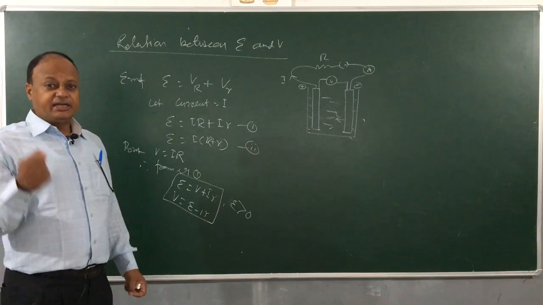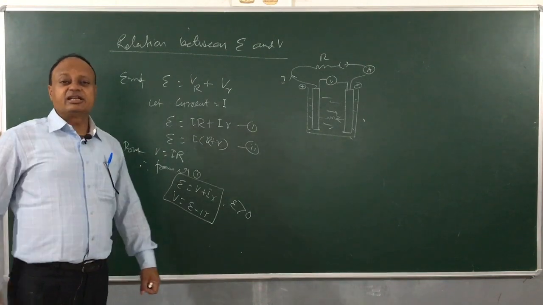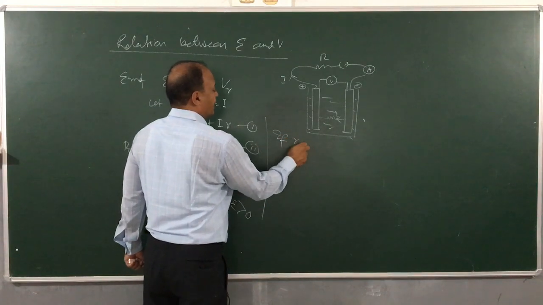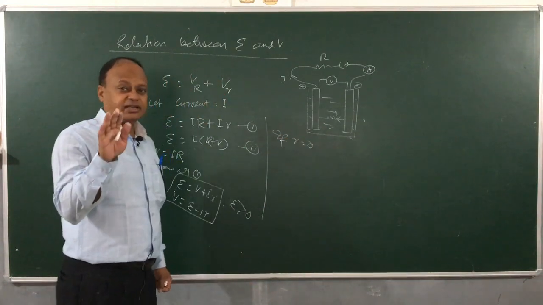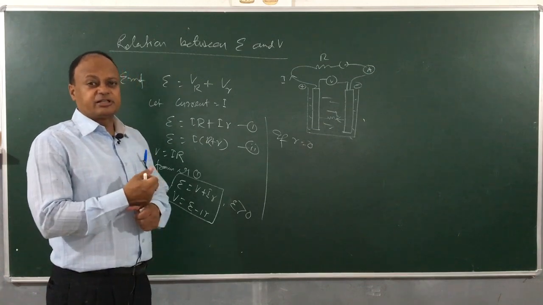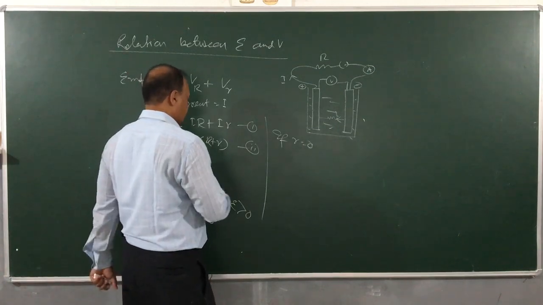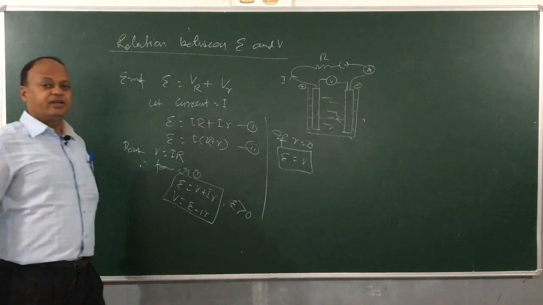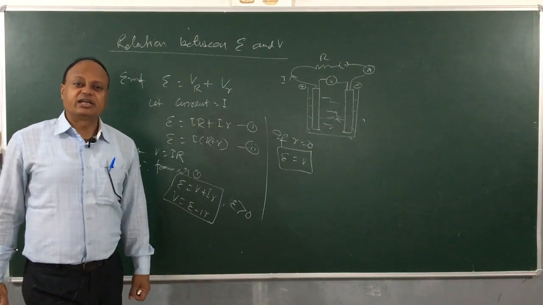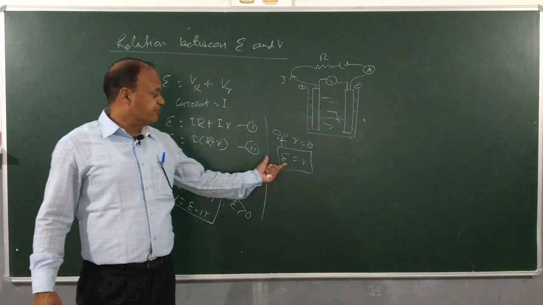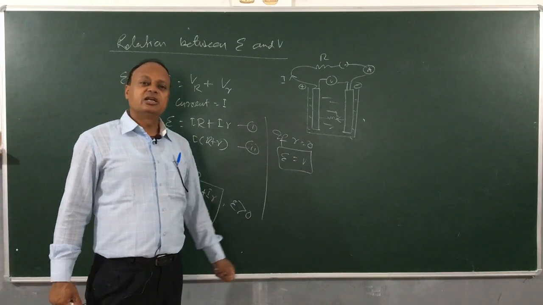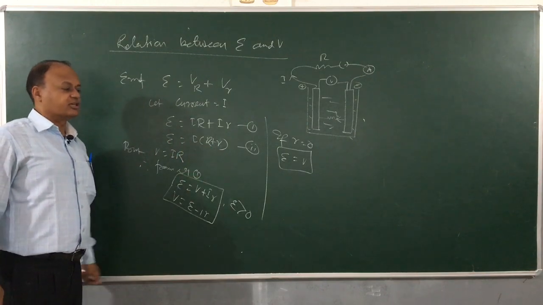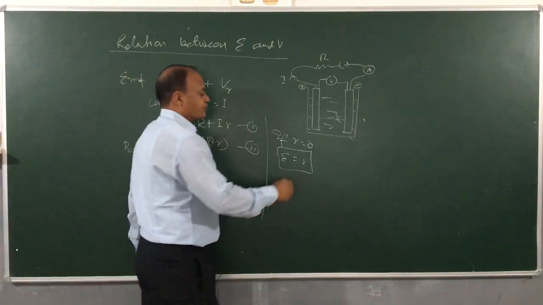However, in ideal case, if the internal resistance is negligible, if r is 0, which is only in ideal case because there will always be some kind of internal resistance, then from this relation we get E is equal to V. So if you are given a cell which has got negligible internal resistance, then EMF will be equal to the terminal potential difference, right? And from equation 2 we can calculate how much is the internal resistance.